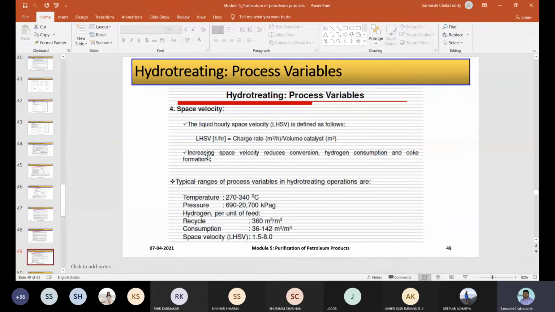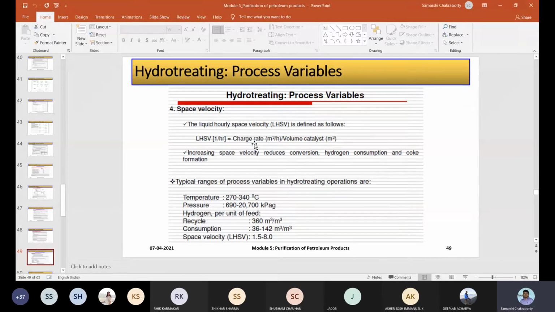So now coming to the liquid hourly space velocity, which is defined as below. Increasing the space velocity reduces conversion, hydrogen consumption and coke formation. This is the charge rate per volume of catalyst. It depends on the rate at which you are charging the feed, divided by the volume of catalyst that you are using. So if the LHSV, the liquid hourly space velocity, is increased,